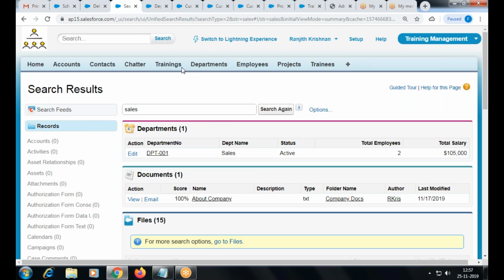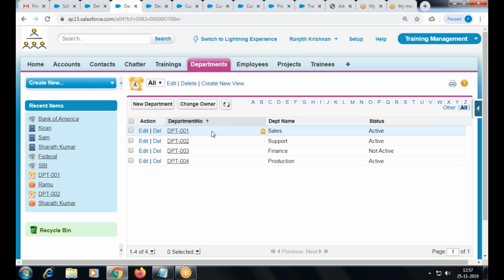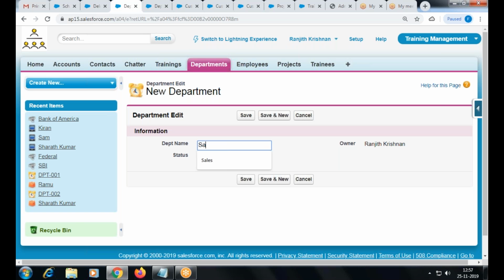Okay, we have seen the tab layout, lookup dialog, and search layout. Suppose the last one, I'm going to have one more, sales international.